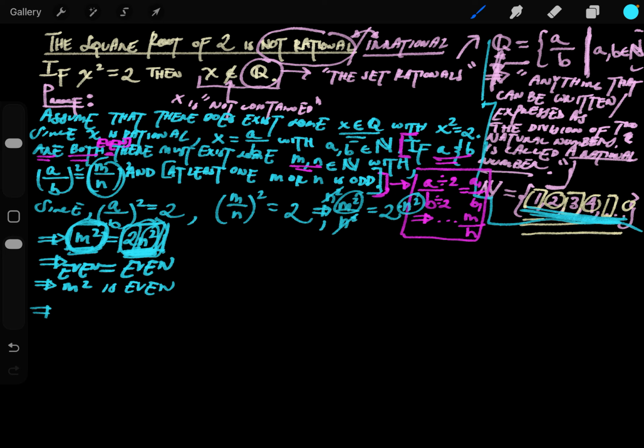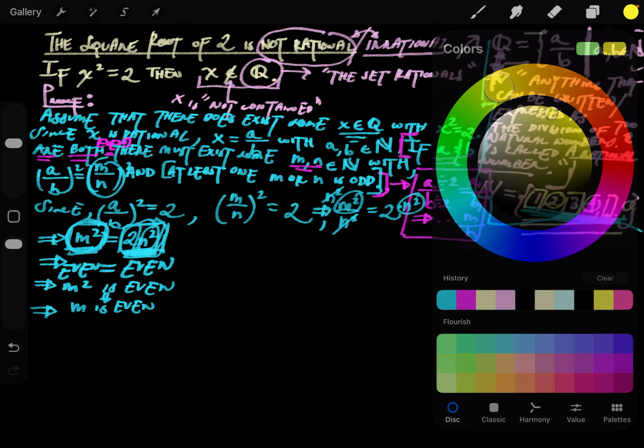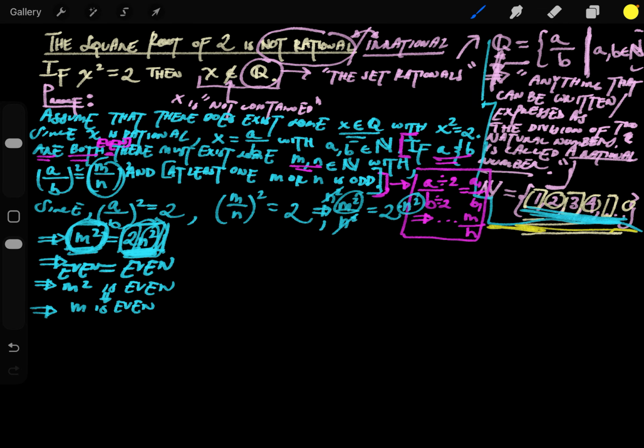And if m squared is even, then m is even. And we should prove this fact here. So go from here to here, right? Maybe it takes some convincing that if a number squared is even, then that means that the number is even. So we can prove that on the side, and we can say, okay, so let's prove just a small